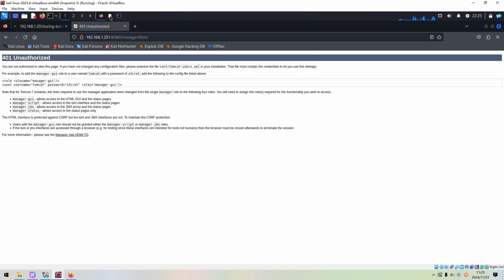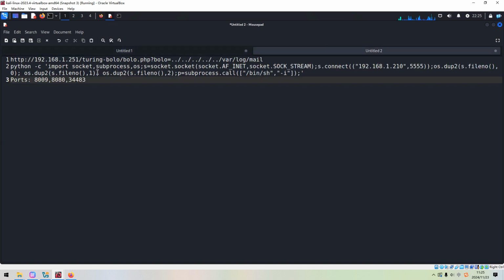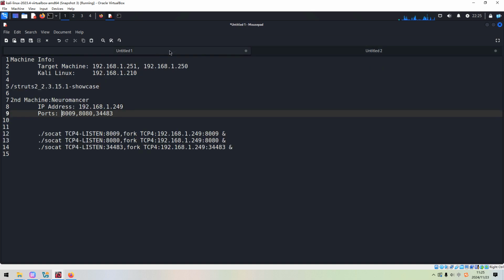And another thing, I hope you can remember. Oh yeah, this one. This is the directory we have already retrieved from the first machine. This one is from the note text file.